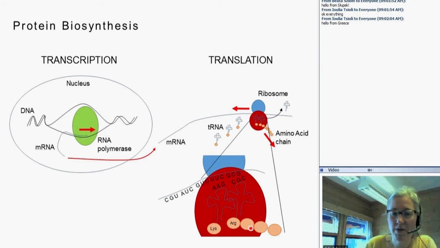So this is already amino acids that have been used to construct a string of pearls. And the amino acid chain comes out here, and the now empty transfer RNA can fly and fetch another amino